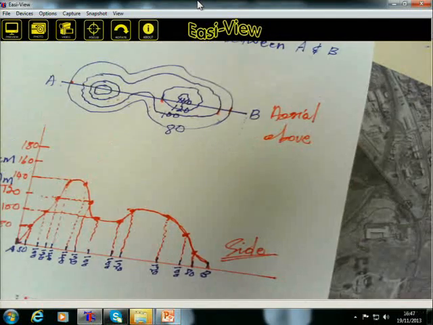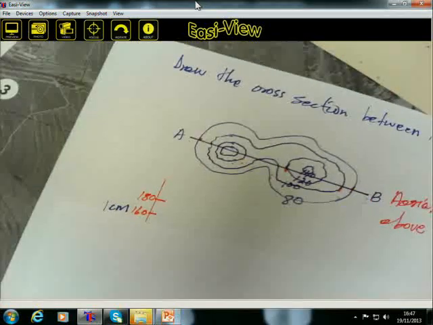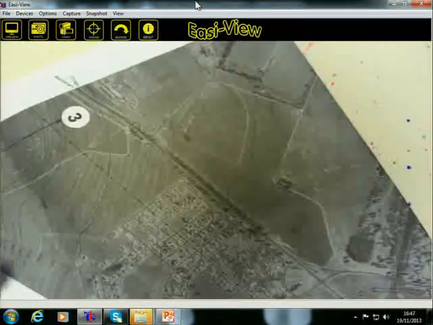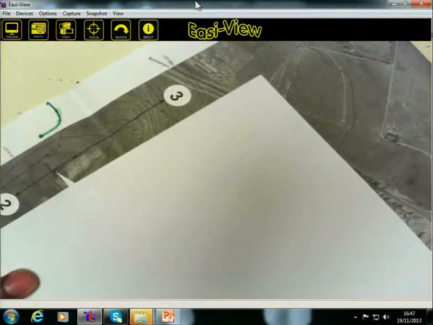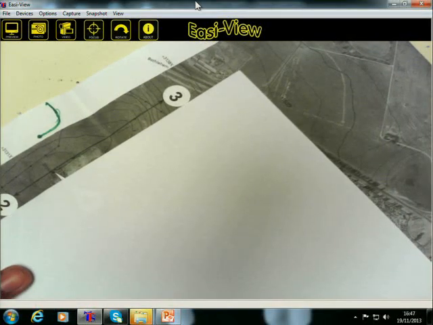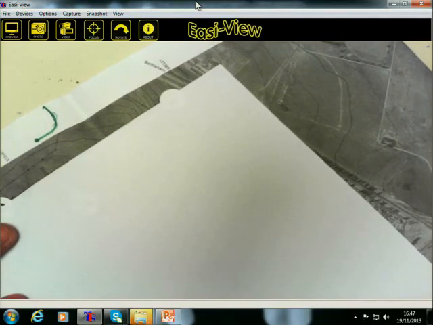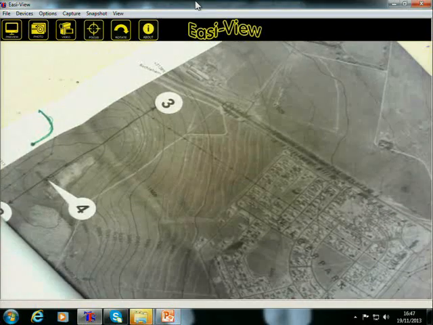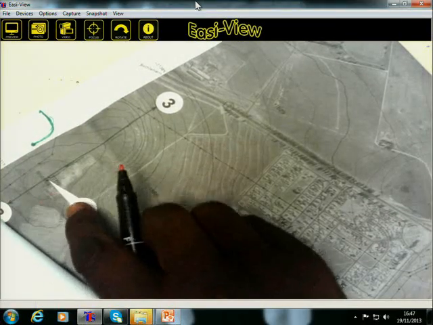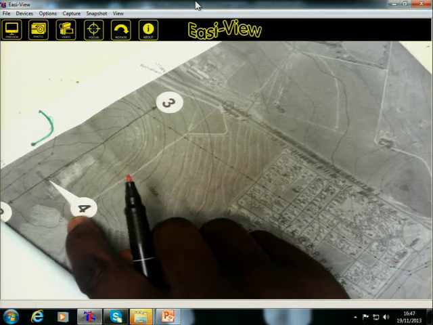I want to give you a simple example again on the orthophoto map. On the orthophoto map, calculate or draw the cross section between 2 and 3. As you can see it. Now what I do, I place my piece of paper on top of it. Then I must check now the readings. I've got 1,700, you can see, I'm not sure if you can see it clearly. I've got 1,700,